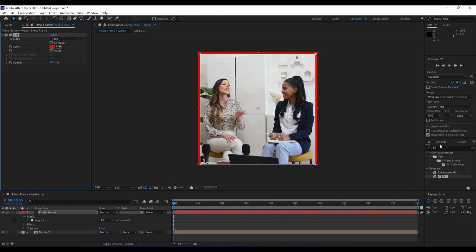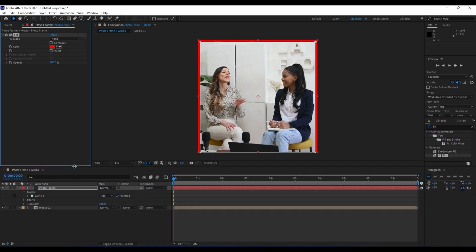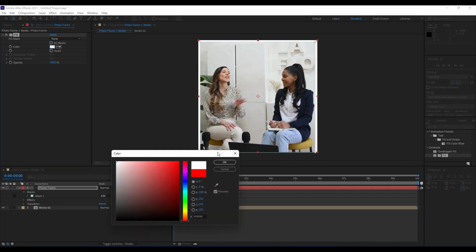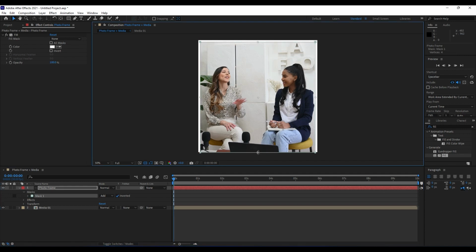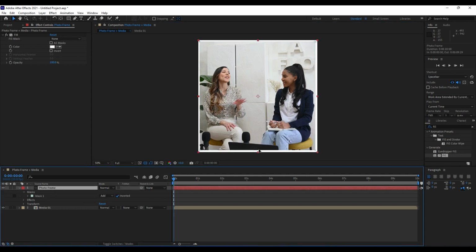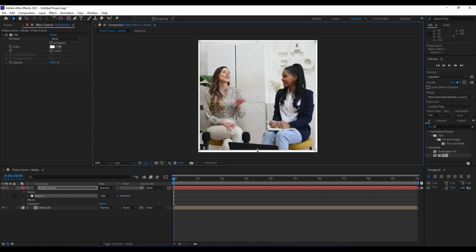Okay, move it up, also our timeline, and we will change color into white. Also now we need to fix this mask. Double click here and then move it over here, also on the right side, something like this, maybe a little to the left, and this upper side. Okay, as you can see, now we have this really nice photo frame, maybe a little more adjustments and something